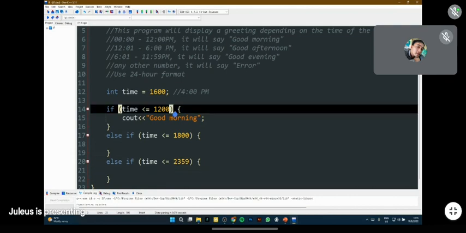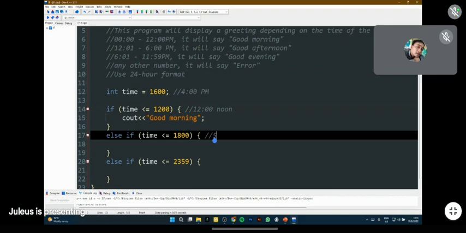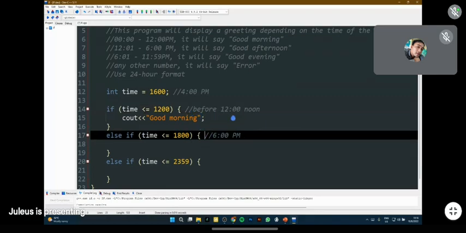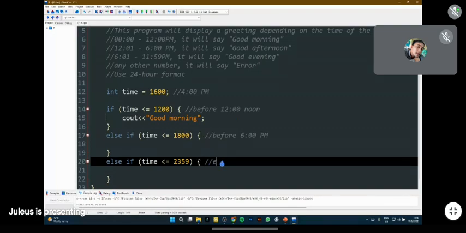The first one is this, that is 12 noon. And then this is 6 p.m., before 6 p.m., 5:59. I'm just writing a comment to remind us that this condition is set before 12 noon, and this is before 6 p.m., and this one right here is before 11:59 p.m. Right?